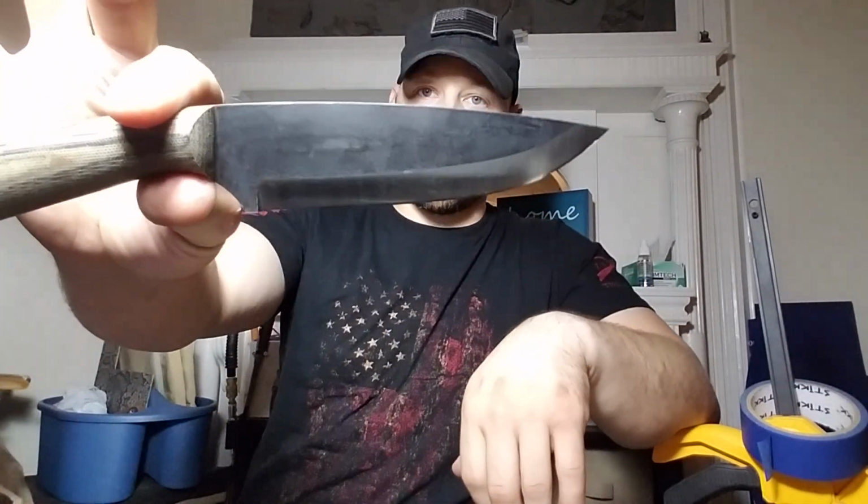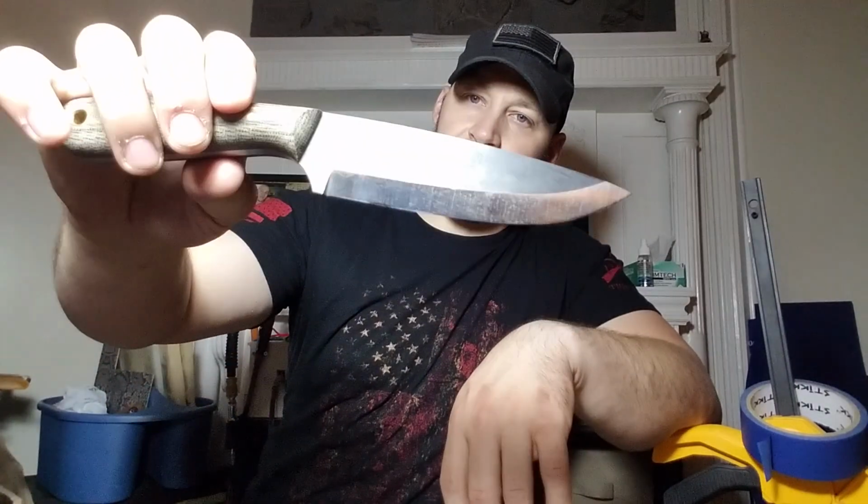This was sent to me by Chris over at Skills to Survive. He and I got talking, and he was going to buy a sheath off me, and so this is basically what we came up with. He sent me his PKS Pathfinder knife, whatever model this is. I'm going to go with Mountain Lion, but I'm probably wrong on that. Chris, let me know. So he asked for a sheath that was OD green, pancake style, meaning it's 2 layers